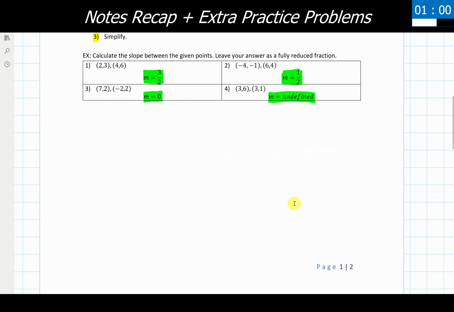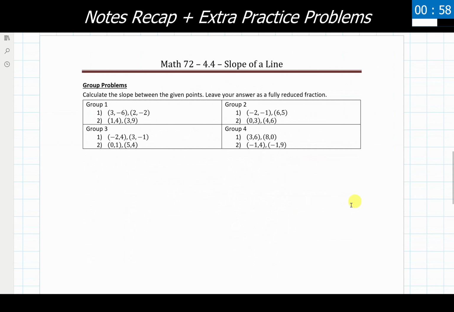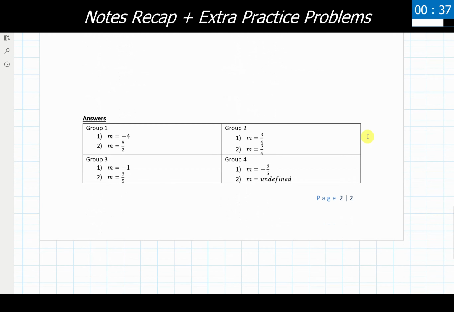So we have a couple extra or last things here for you. If you want some practice, I'd recommend pausing the video here and writing these down and trying to calculate the slope for yourself between each of these points in our different problems here. I think it's worthwhile to try it graphically also, but at the very least I'd try it algebraically. We'll scroll down, and here are our answers to each of these.